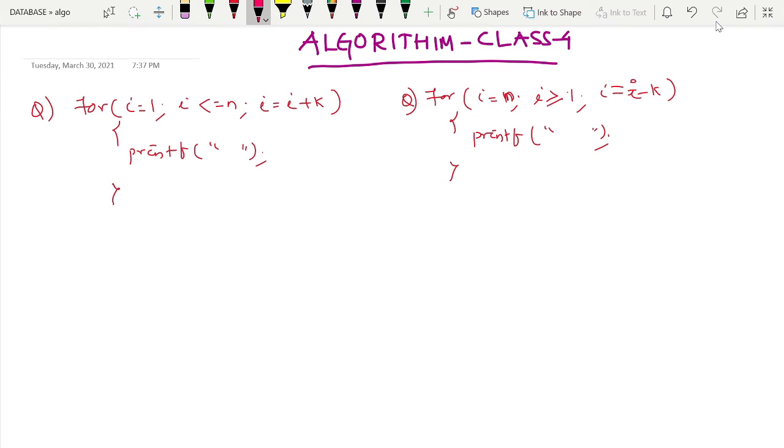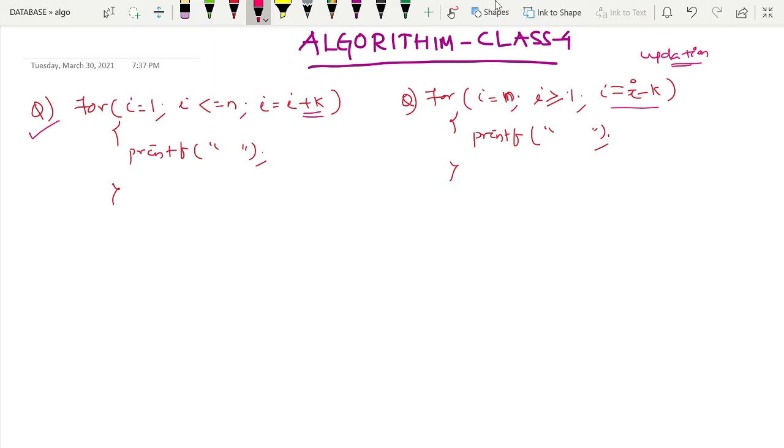So in the series of algorithm, this is the fourth class, and these are the kind of questions we have solved earlier. Like this is incrementing in linear fashion. Something is adding and something is decrementing in the updation part. Right? We have solved so many questions over this in previous classes. So you must have some idea. If you are new to this video, please go back and refer to the previous videos, right?